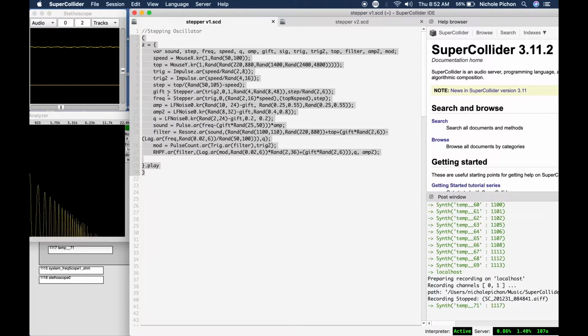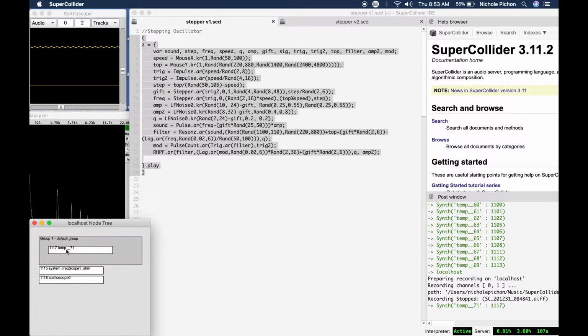There are a couple different places that do different things. Like you can get some slower kind of modulations up here. You can get some pauses down the bottom. Up over here, you get quicker steppy stuff. Okay? So the cool thing with SuperCollider is, as you can see here, this is the synth that's running